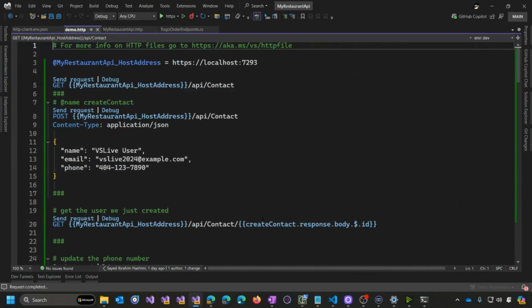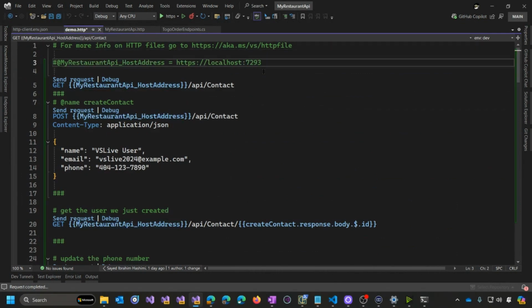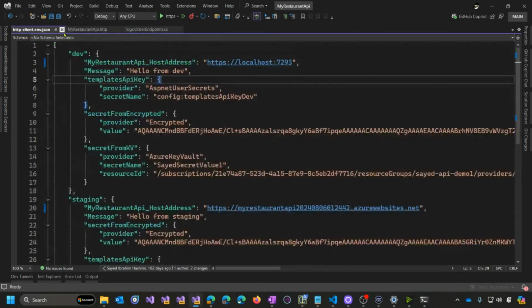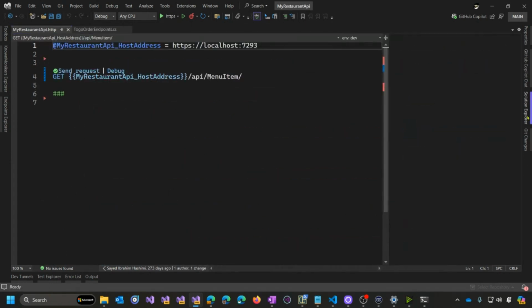environment feature here. So let me go back up to the top, and currently any variable that's defined in the HTTP file will take precedence over anything that's defined in the environment. So you see here I've got my environment defined. The environment defines that same variable. All right, so I just commented that out, and then I'm going to close that file and then reopen it